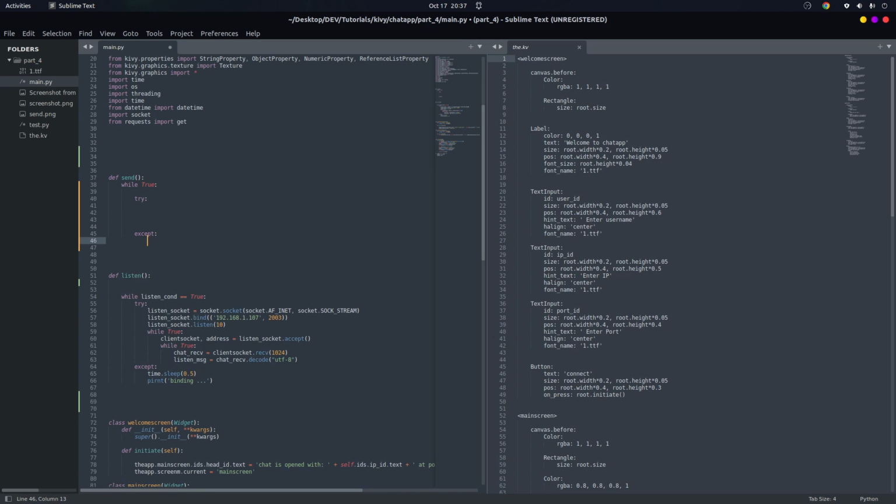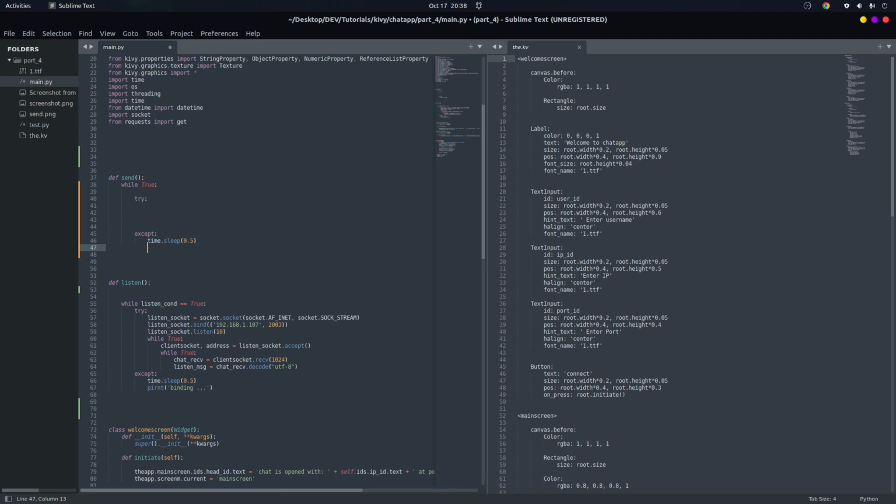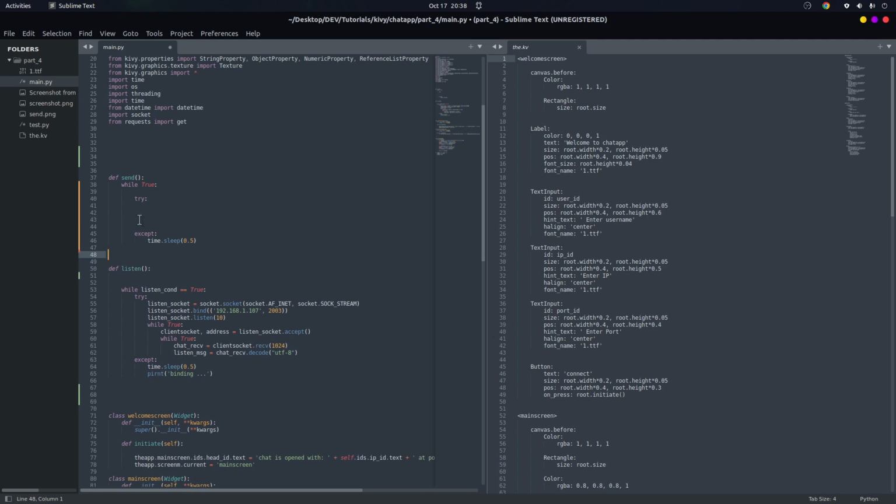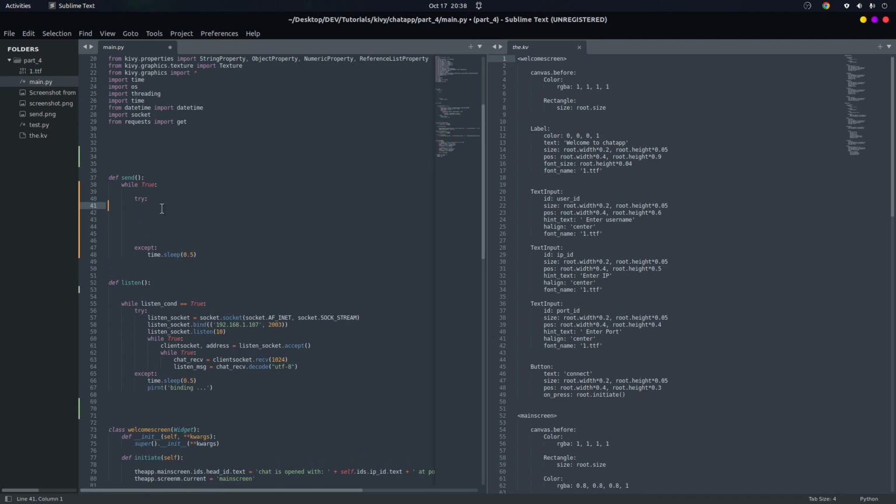Maybe time sleep you can pass in. When I like to try things, I just do time sleep, then maybe 5, then sometimes I print a message so I can get an idea of what's happening. In this case we're gonna try, then there's an except. Afterwards we're gonna use the while, maybe let's say remote con is true,